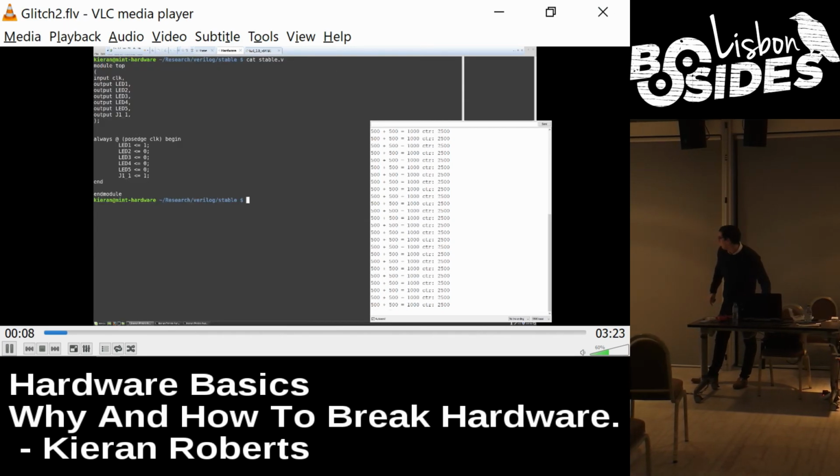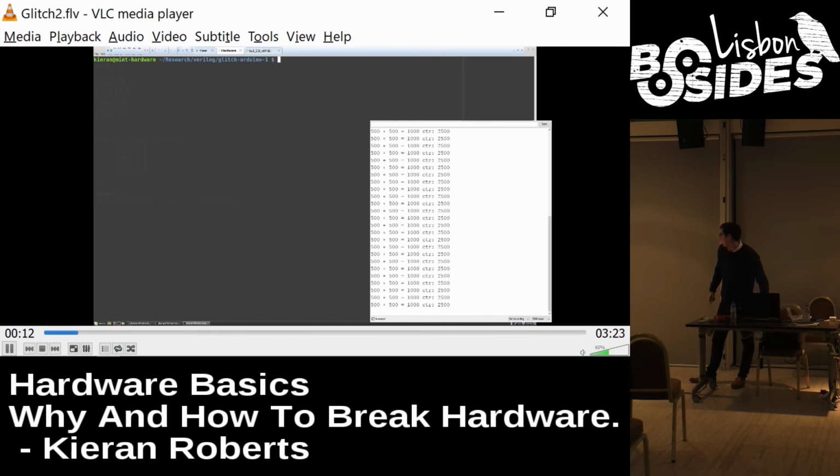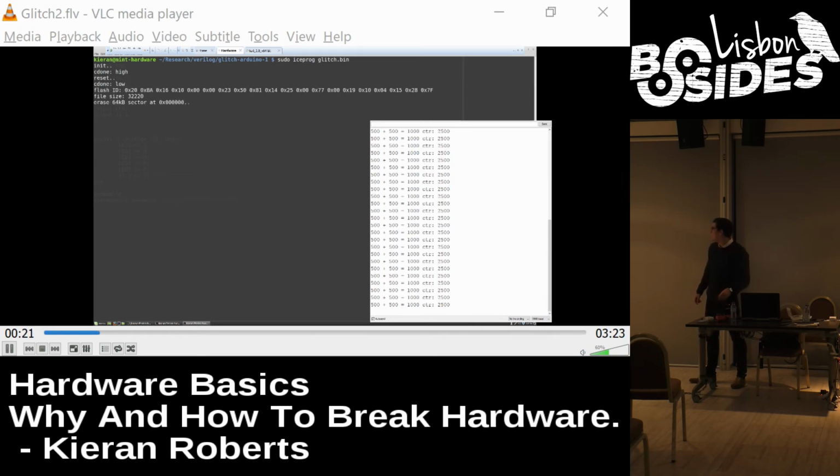Where's my mouse? And then we're going to upload quickly. The FPGA at this point is driving another transistor on a separate board. I'll show you the Verilog in a second. But when you run the glitch binary, it uploads that code to the FPGA. And what that will do is periodically cut the power to the ground line which we've intercepted, which